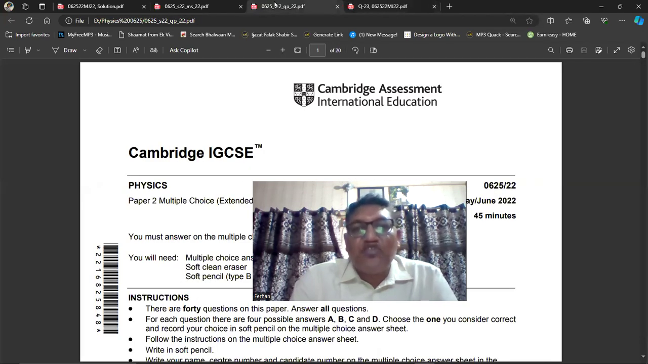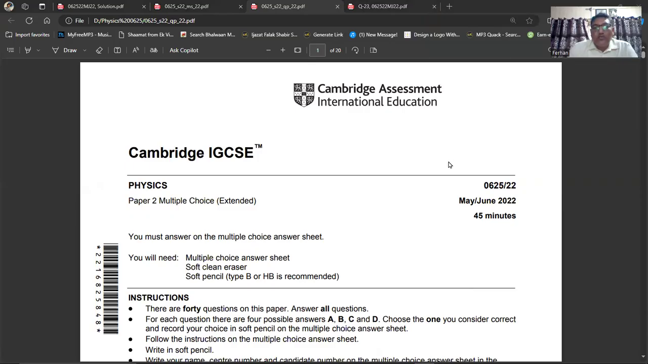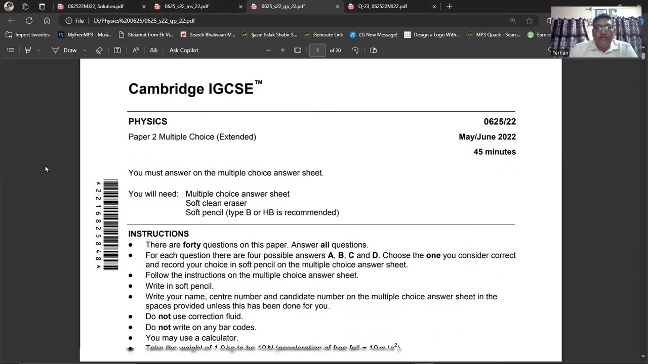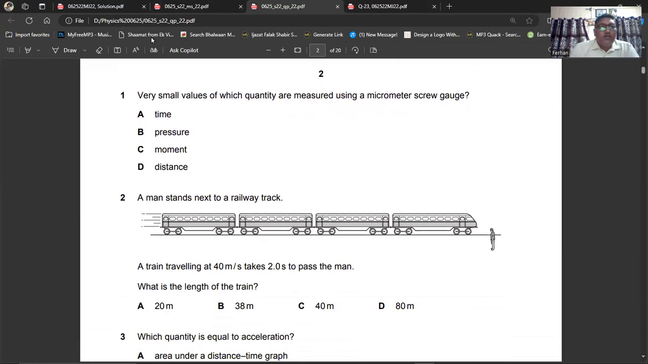So here we have this paper, May-June 2022, and it's paper 2-2. So the first question is coming up on your screen. So question number 1 is very small